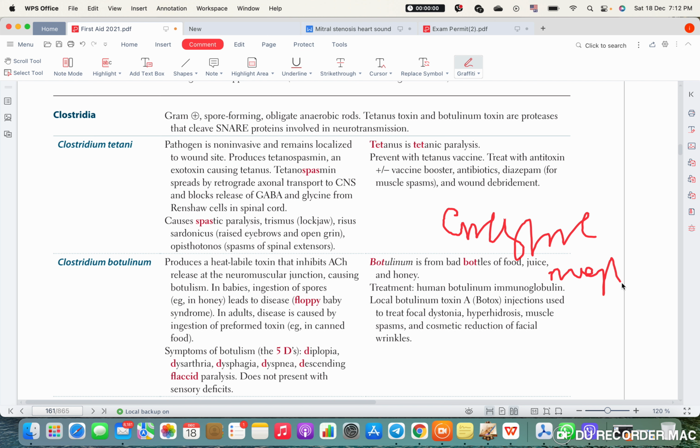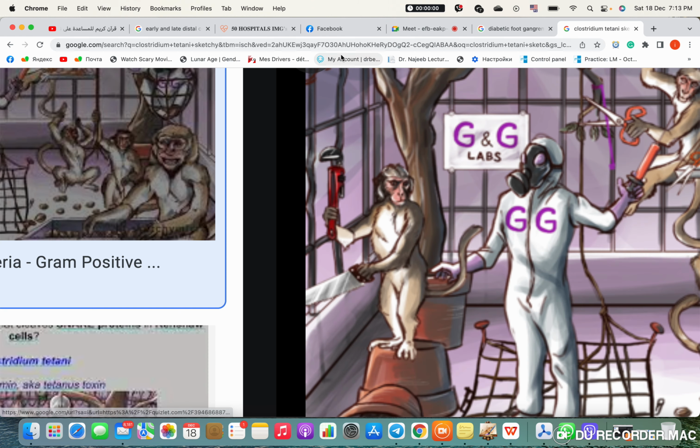Mostly enzymes are proteins, except a couple of them that we'll speak about in biochem. But in general, enzymes are proteins. So when we speak about the proteases, these are some form of enzymes that are able to destroy other enzymes. So they can cleave off something called the SNARE proteins, which are located in the